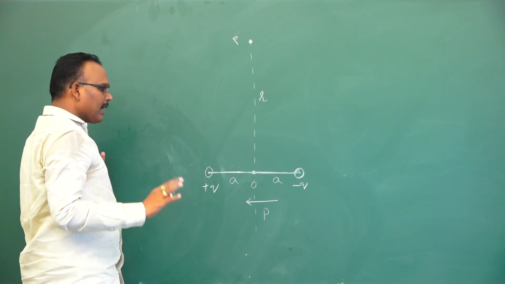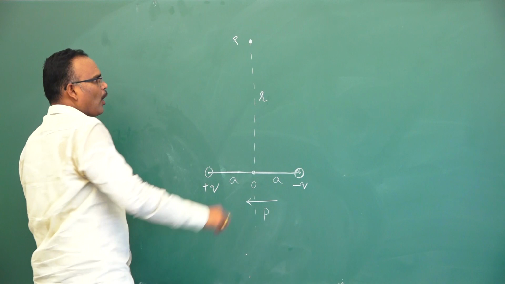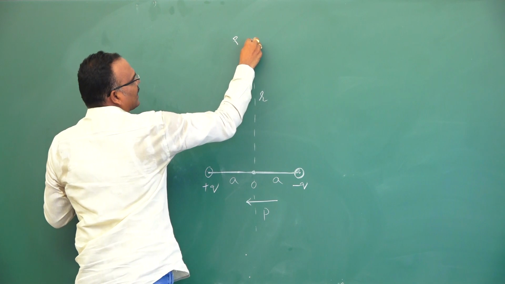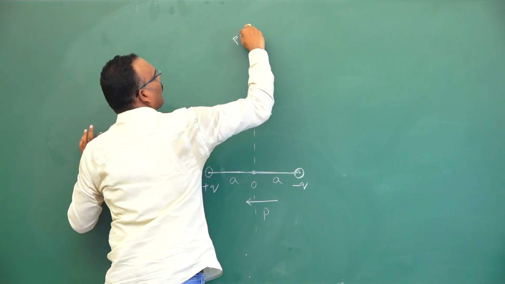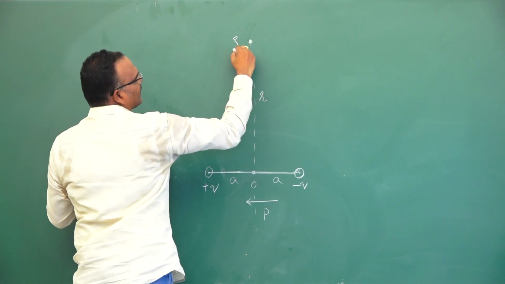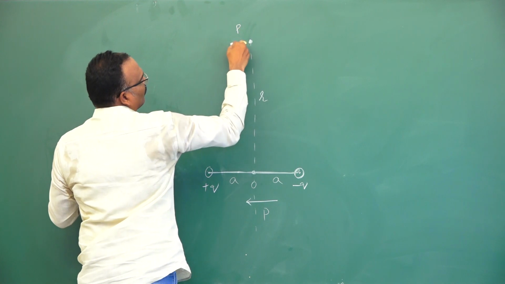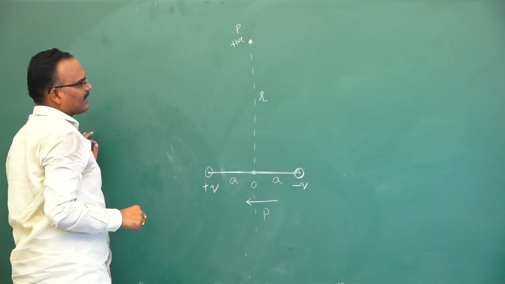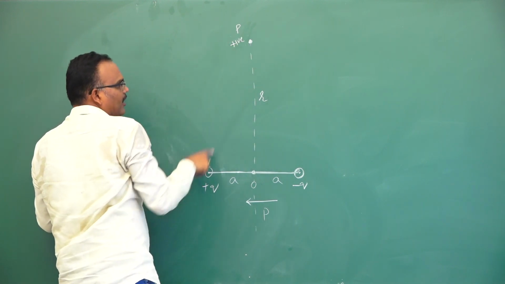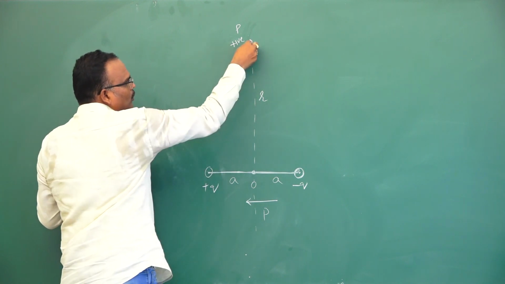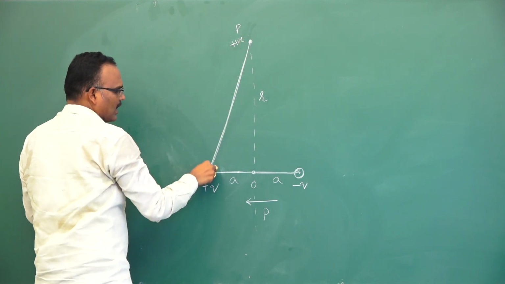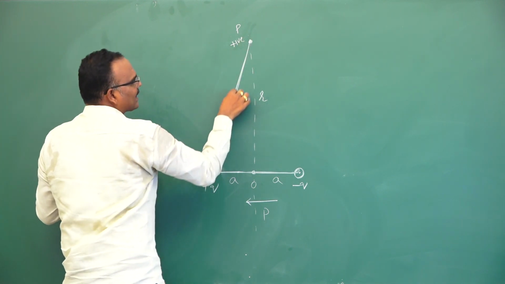Now I can comfortably calculate the electric field at point P due to one charge. The electric field at this point is the force experienced by a unit positive charge. So here I have to imagine a unit positive charge placed at P. The force experienced by this unit positive charge is called the electric field due to this charge. That force will act along the line joining the charges, so that's why I have joined these two charges. Along this line the force will act.